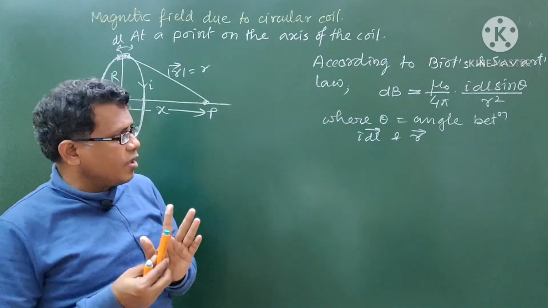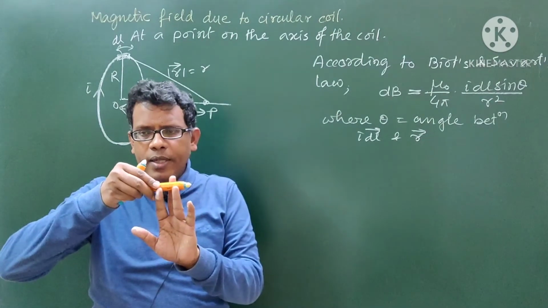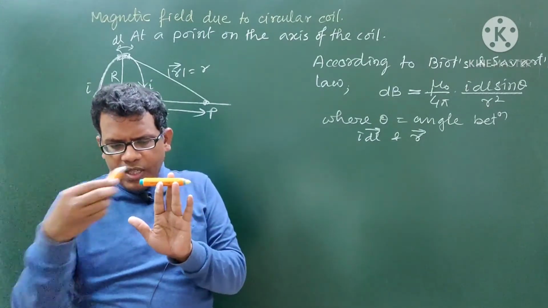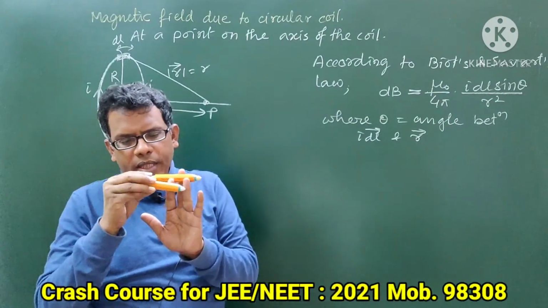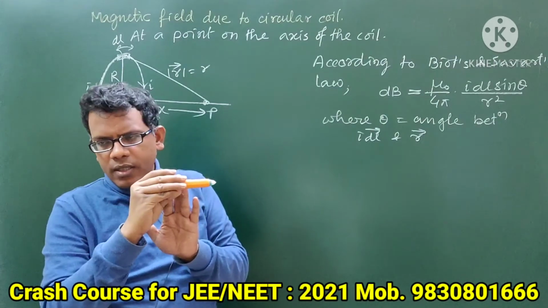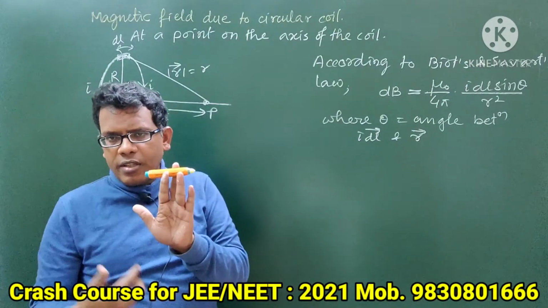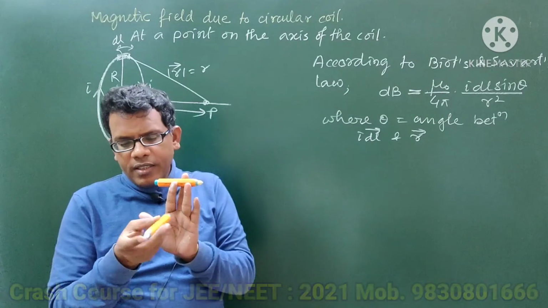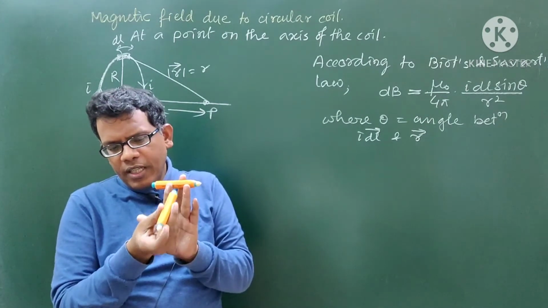Being a three-dimensional geometry, you need to follow it here again. If I consider one element at the top of this circular loop, right? If current is going this way, then this will be the direction of the current. This is the vectorial direction of the current element, because this is a small dl length taken at the topmost point of this circular cross section. And this is the point on the axis, so this will be the line joining the current element to the required point.